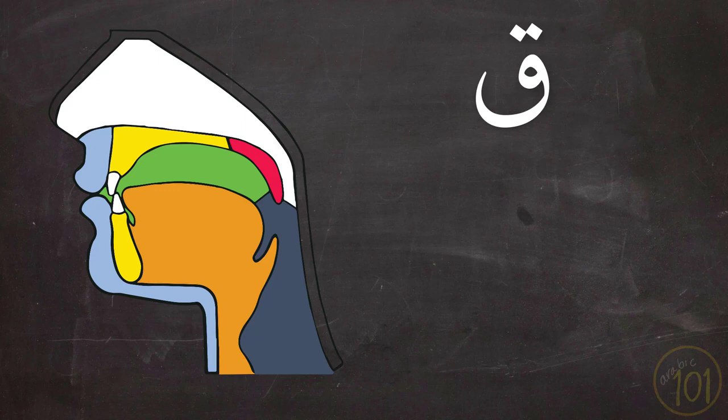Qaf is produced when the deepest part of the tongue makes contact with the soft palate. So there is touching between the tongue and the soft palate. The result is something that sounds like this. Aqqa, aqqa,